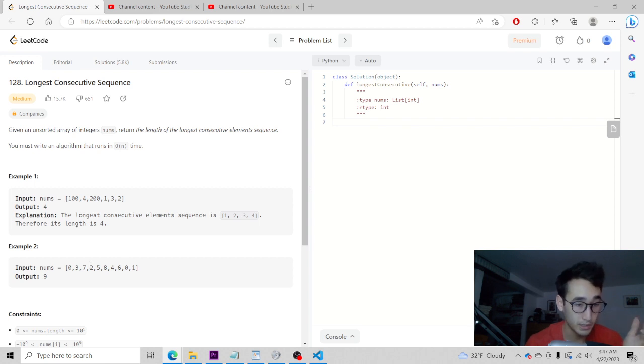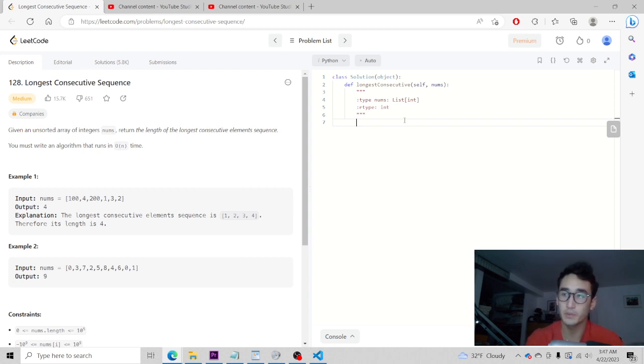And if there's a duplicate, how do we know if there's a duplicate or not? If there are any duplicates, we'll have to create a conditional for that.